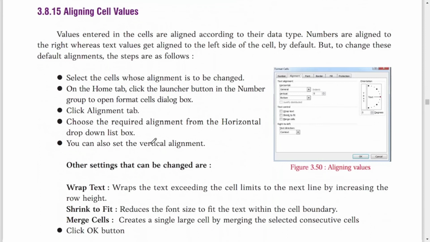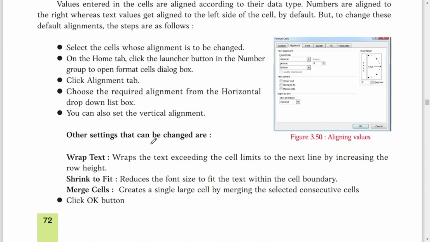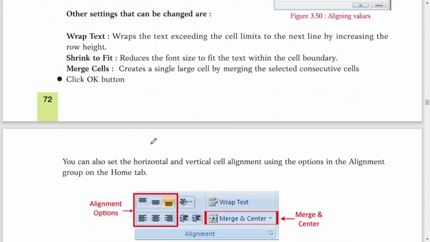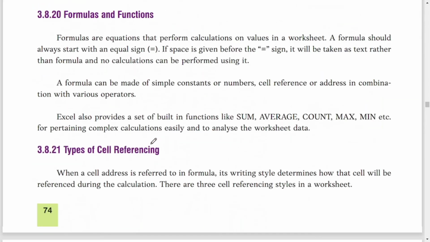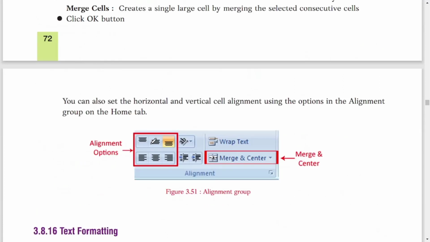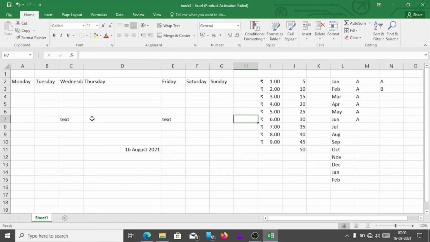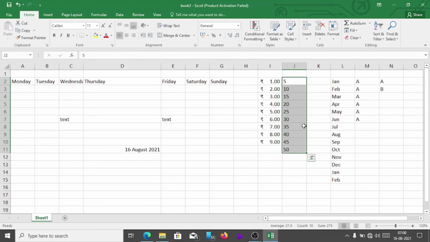Aligning the text value in Excel: the text information is left aligned and the numeric information is right aligned. We can even change the alignment, as here you can see all the text is on the left and numbers on the right. So suppose I want to change the alignment of the numbers. First select the numbers, and from here you will get two options. By horizontal you will get left, right, center. Suppose I want on the left side, so the numbers came on the left hand side.